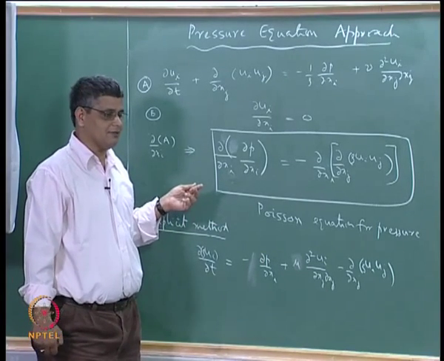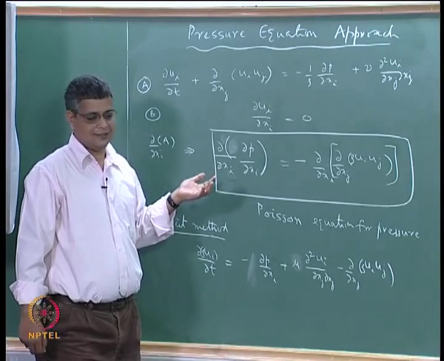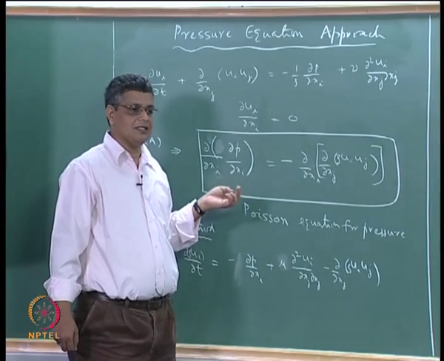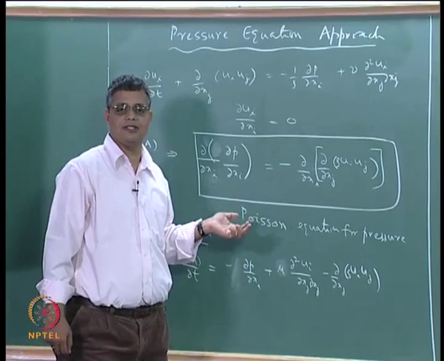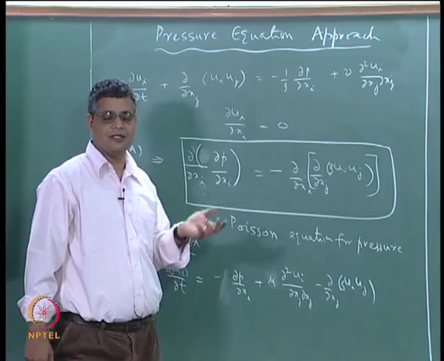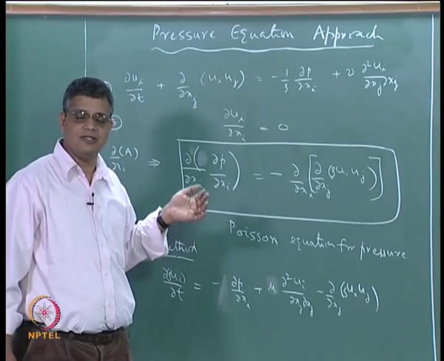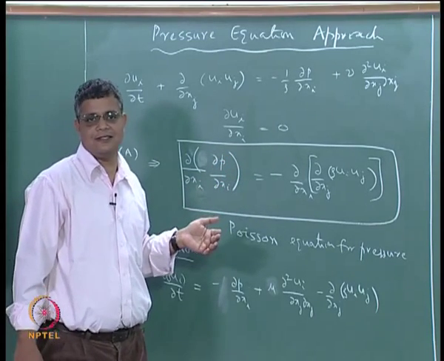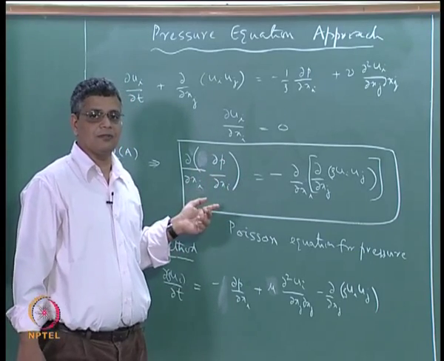For example, you can have air at say 1 atmosphere pressure, and it may be that you have a reaction which is going on because of which for example oxygen is absorbed and then carbon dioxide is released. So you can have the composition of the air, the gaseous medium, changing from location to location, and as the composition changes the density changes. So that kind of variation is not part of the incompressible flow assumption.